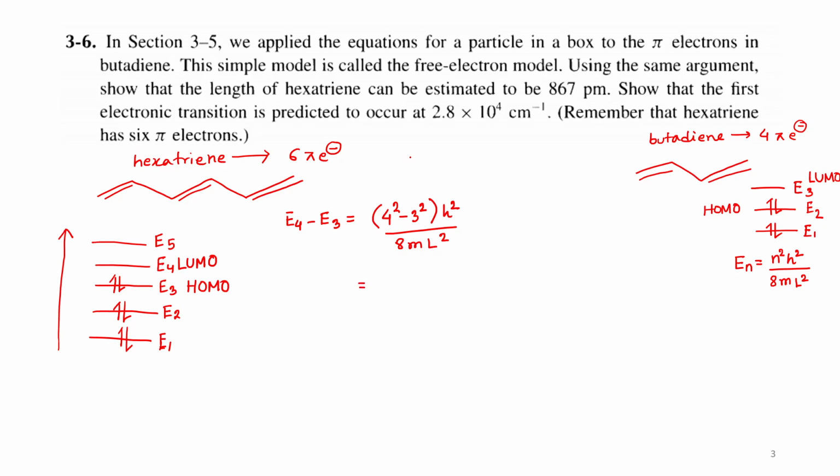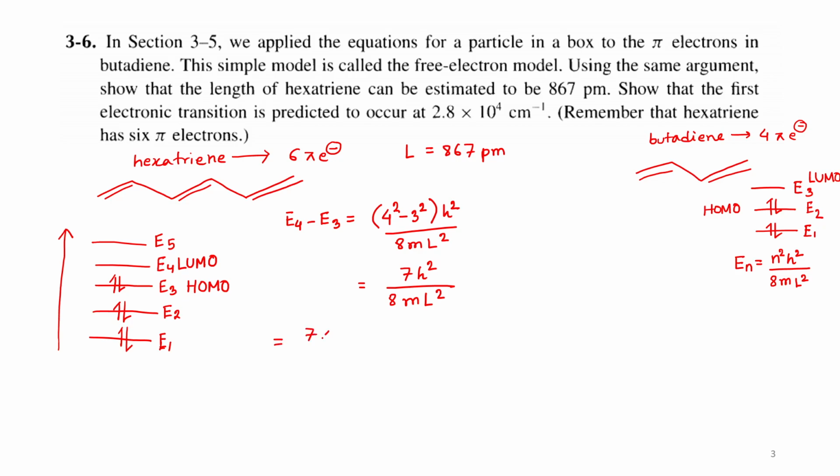So L is given also, right? L is 867 picometer. I have a statement regarding this, but let us first solve the problem, and then I will discuss something about this. So see, 4 squared is 16 and 3 squared is 9. So 16 minus 9 would be 7. So 7 h squared divided by 8 m L squared,